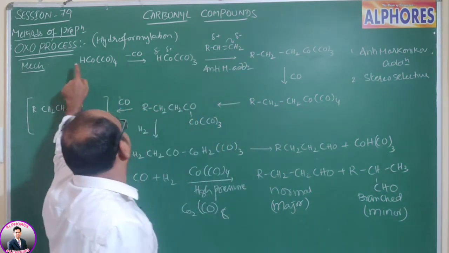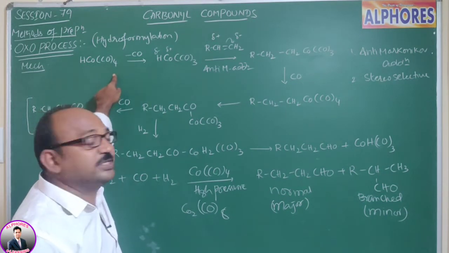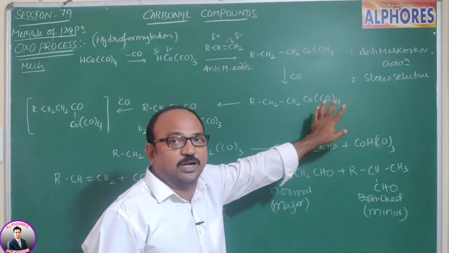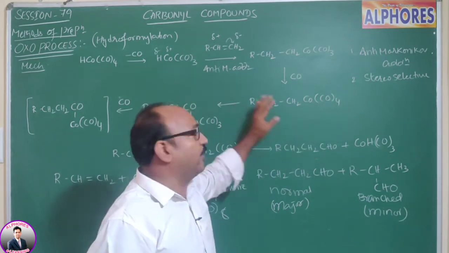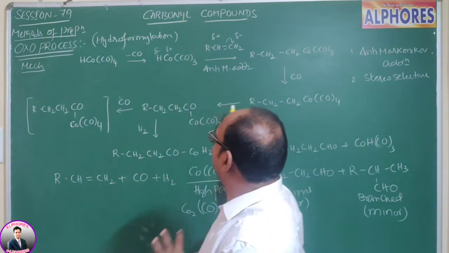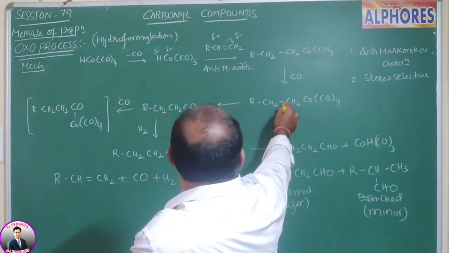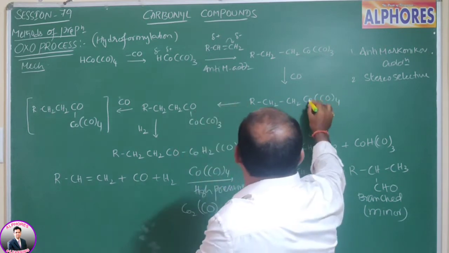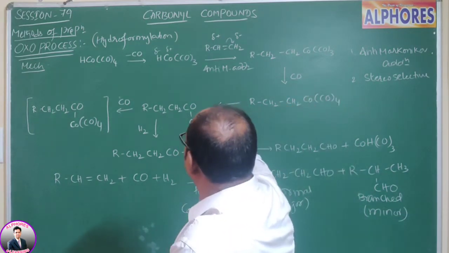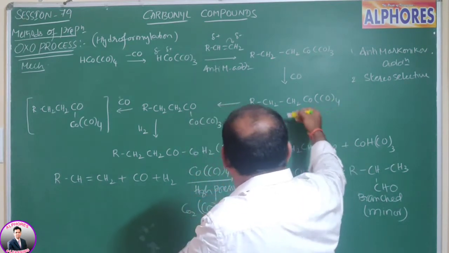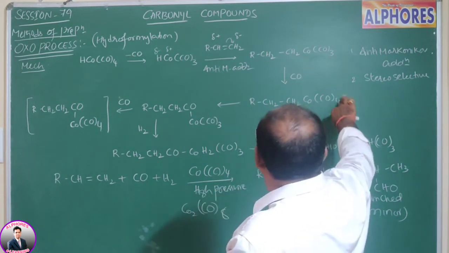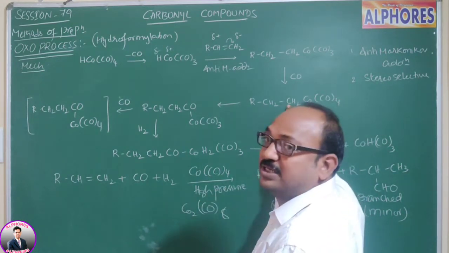Instead of earlier HCo(CO)4, now it converts into RCH2Co(CO)4. That means instead of hydrogen, an alkyl group came here. Now, after formation of cobalt tetracarbonyl, there is further losing of carbon monoxide, so it means rearrangement. This cobalt loses carbon monoxide, and the carbon monoxide migrates towards this